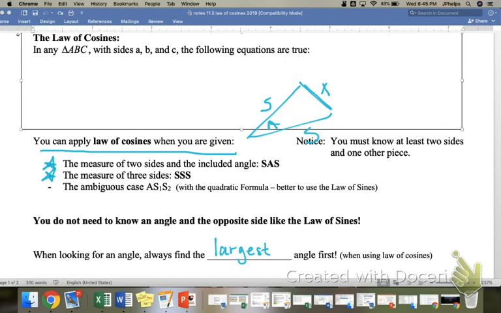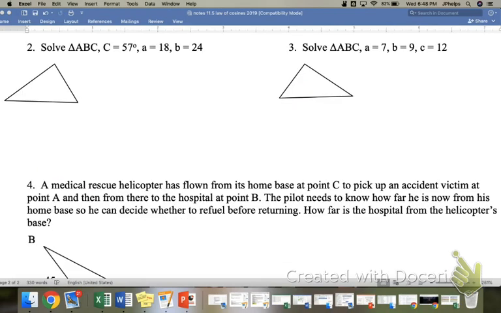Go ahead and flip over your notes. We are looking at problem number 2 on the back. So looking at problem number 2 on the back, we've got triangle ABC. We're given angle C is 57, side A is 18, and side B is 24. And because we've got a side, the included angle between and the other side, we want to set this up